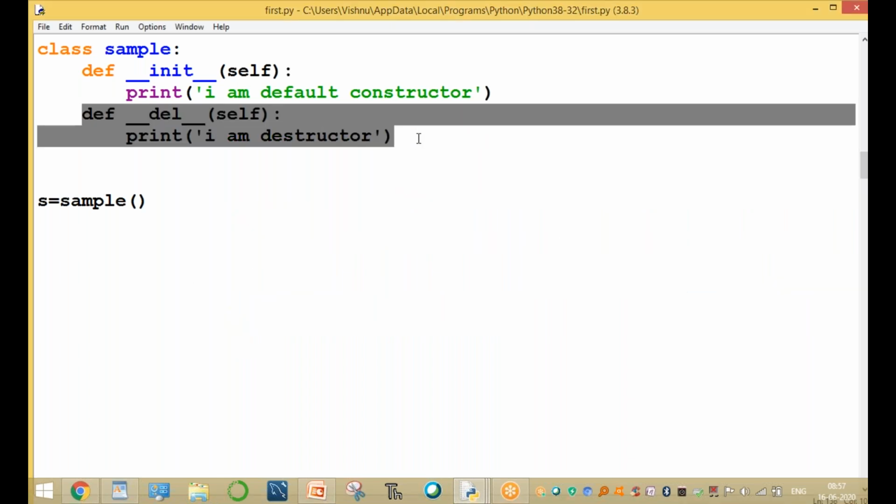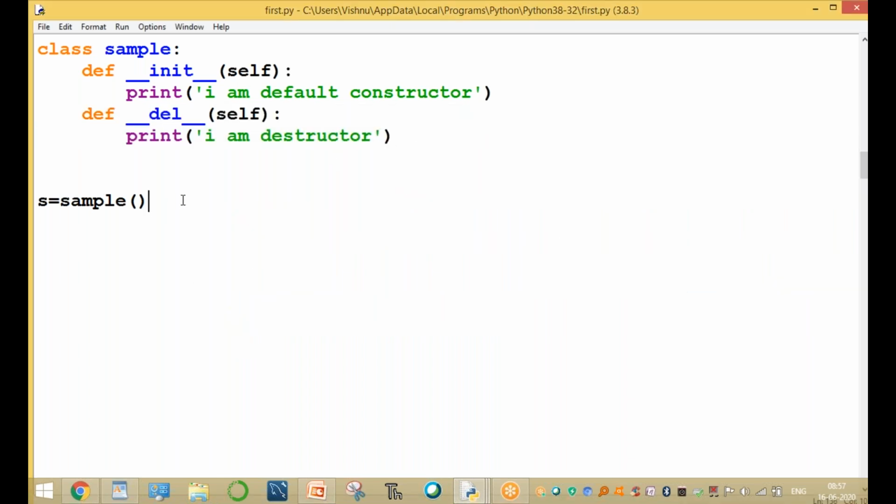But the destructor is not executed. The destructor function is executed whenever you call del. Constructor means memory allocation. Destructor means memory deallocation, that means deleting the object from the memory.